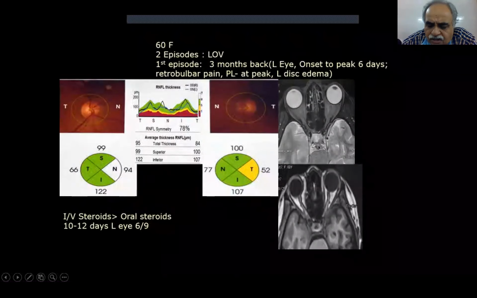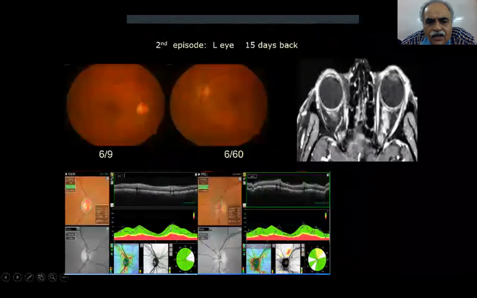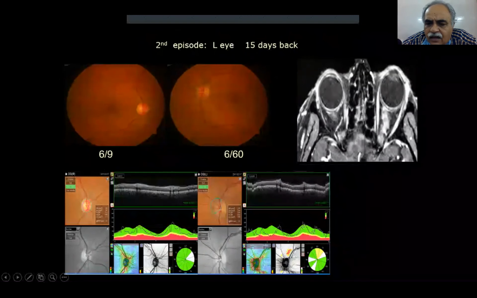Now the patient comes after the second episode, and in the second episode, she again has involvement of the same eye. This time when we do the MRI, we're seeing intense enhancement of the optic nerve. We don't have the previous MRI that was done. The patient didn't have a dedicated orbital cut. And this is a fat suppressed image showing you a thickened tortuous optic nerve. Okay. Now this thickened tortuous optic nerve, spanning multiple segments,